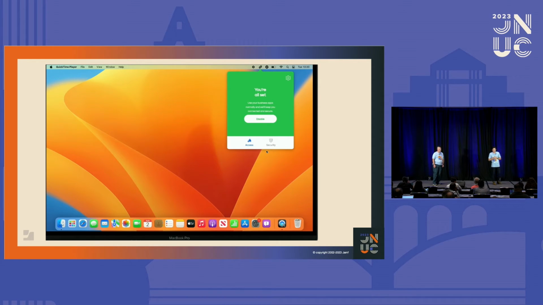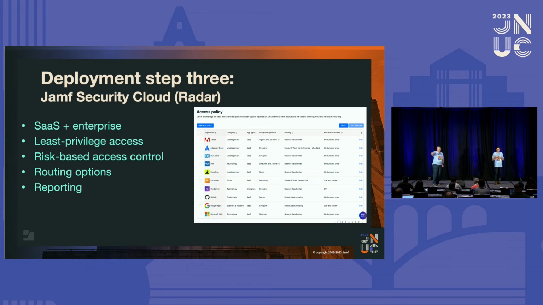So lastly, I'm going to talk about the deployment side. We'll go to the last step here. This will be about 5 minutes before Sean and I open it up for Q&A. I wanted to talk about a couple use cases between SaaS and enterprise apps, where that least privilege access control really sits, some of the risk-based access controls, and then routing and reporting. To start, I wanted to break this up into SaaS use cases and enterprise use cases. From a SaaS perspective,